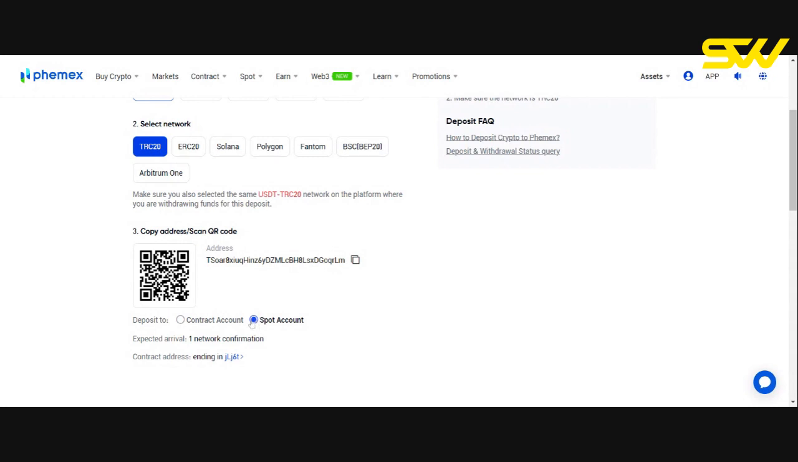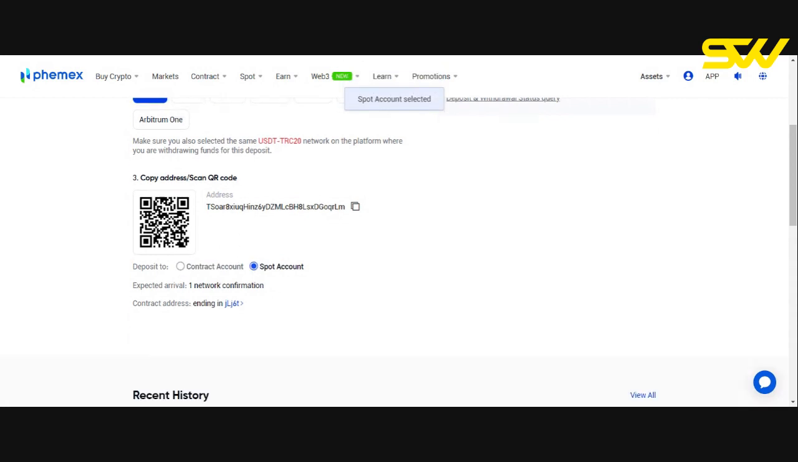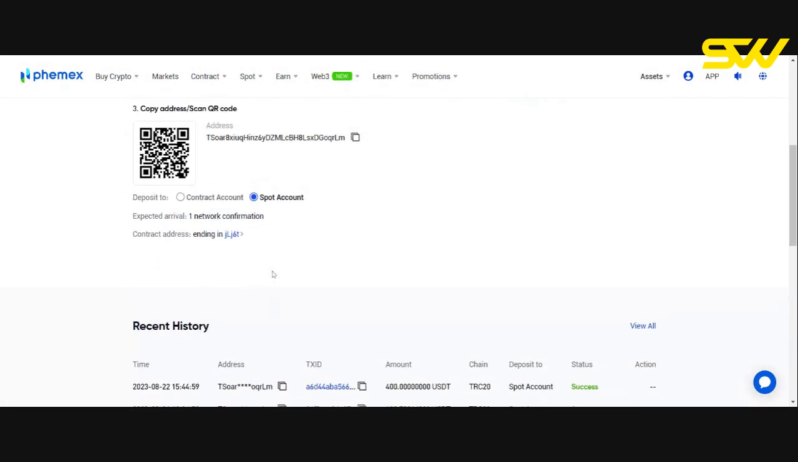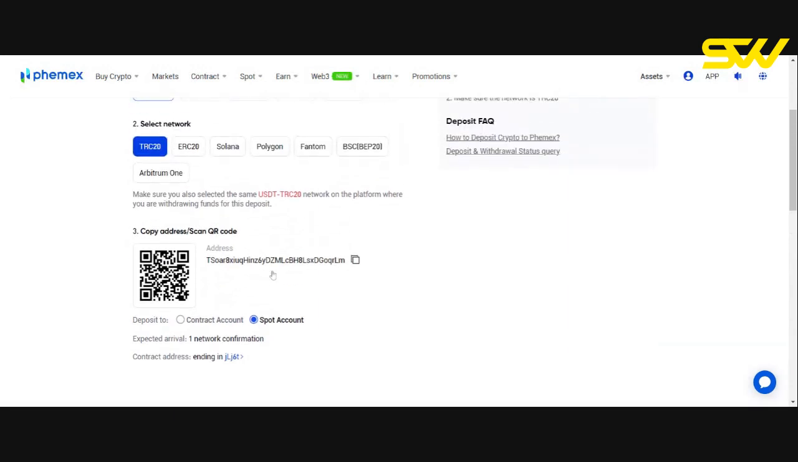If you don't want it to end up in your spot account, you can also click to end it up in your contract account. Okay, so once you have this done, here you won't be able to see how much the charges are going to be. Expected arrival means they need to clear one network confirmation before the funds can be received in your account. So this is going to be your address that you're supposed to copy and send to your